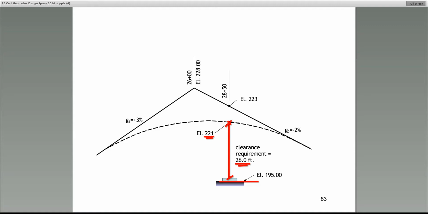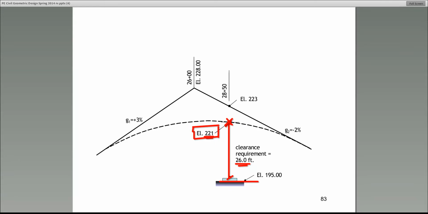So it's a clearance problem. But please pay attention to what I will say next. This problem now basically reduces to forcing the vertical curve to have a specific elevation at this point. Now, what is that specific elevation? It's 221 feet. All right? So this problem reduces to somehow forcing this vertical curve to have an elevation of 221 at the station 28